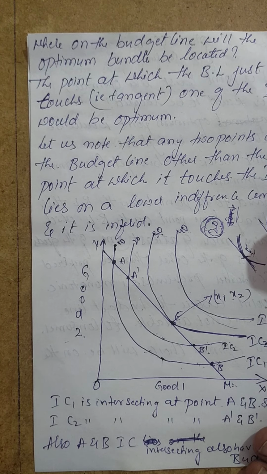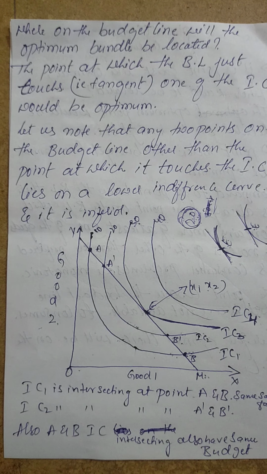Next, the indifference curve should be convex to the origin. Yes, that is true. See here, this is the curve, it is convex to the origin, it is not concave to the origin. So this is about the optimal choice, and this is most important. Usually they will ask 4 mark questions. Probably they might also ask a 6 mark question.